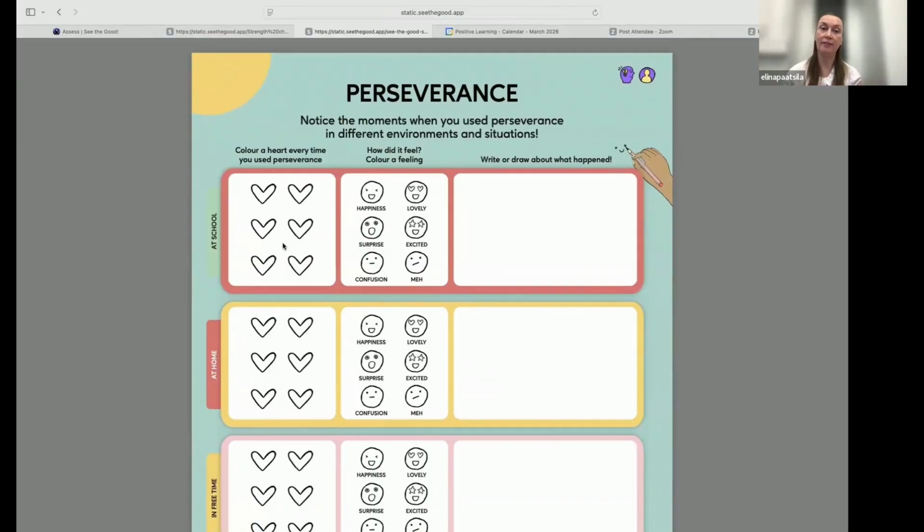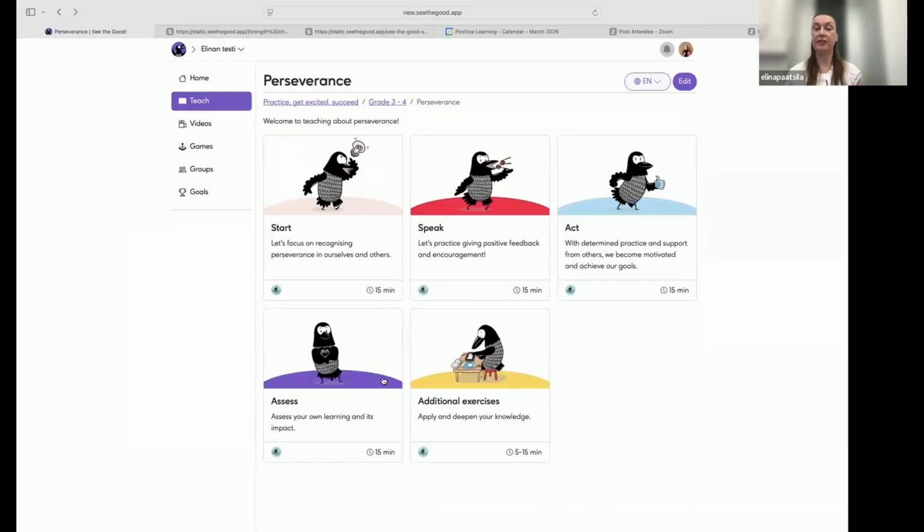And this is also offered in every strength. So if you do this with your students for each month, for each strength, then at the end of the school year you will have a nice portfolio of all the strengths that you've been practicing. So having them as a catalog or in a portfolio would be a good idea for the end of the year to give to the students as well. Also, this would be like the weekly plan for the month.